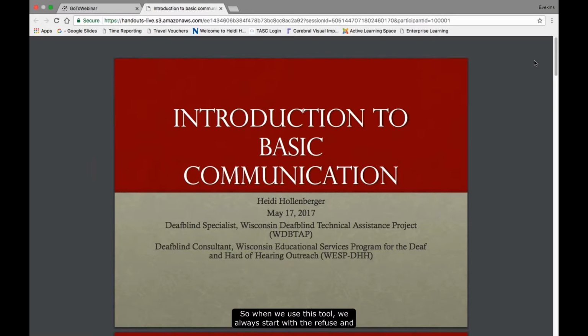So when we use this tool, we always start with the refuse and we work our way through the other major reasons for communicating. I have a paper copy that I use, and actually I use it enough now that I don't even need to take it along with me. With the paper copy, as you'll see when we also do the demo online, they ask questions. As you answer them, you will be asked additional questions until you no longer can answer. It comes up with a no. Either the child completes all of them and they have formal communication, or you'll stop because they're only partway through the development.